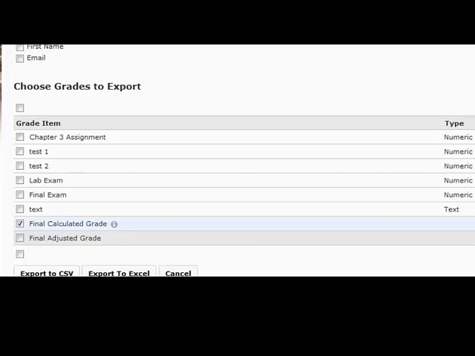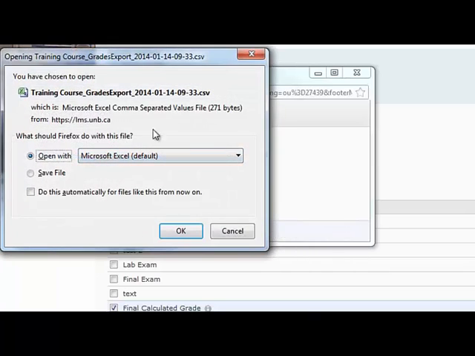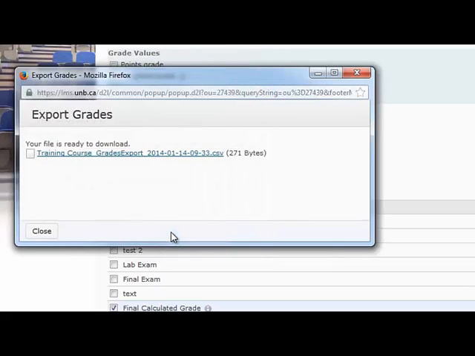So if we press that, it's going to give us a little link here to say your file is ready to download. So we just click on the link. And we have an option of opening the file, and we can open it if we want to review the grades and make sure they're all correct. Or you can just click Save File. And if we just press OK, it'll just save this file into the Downloads area on